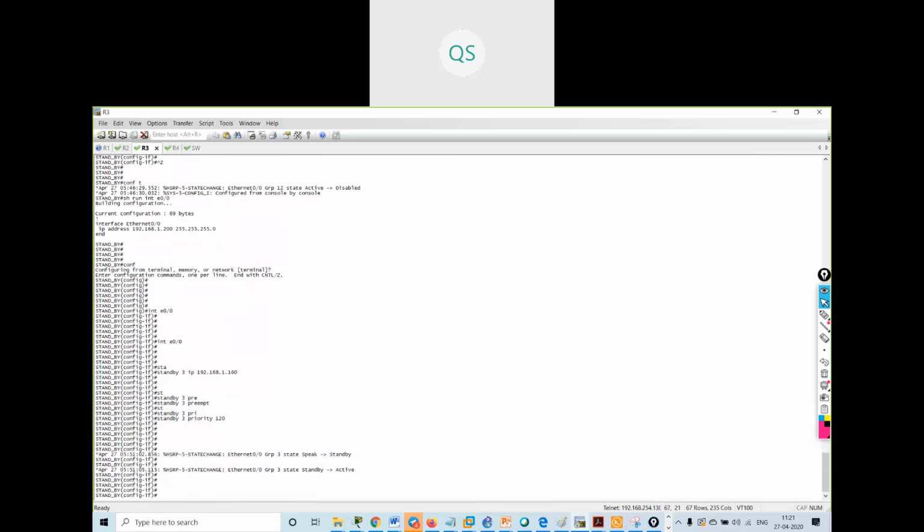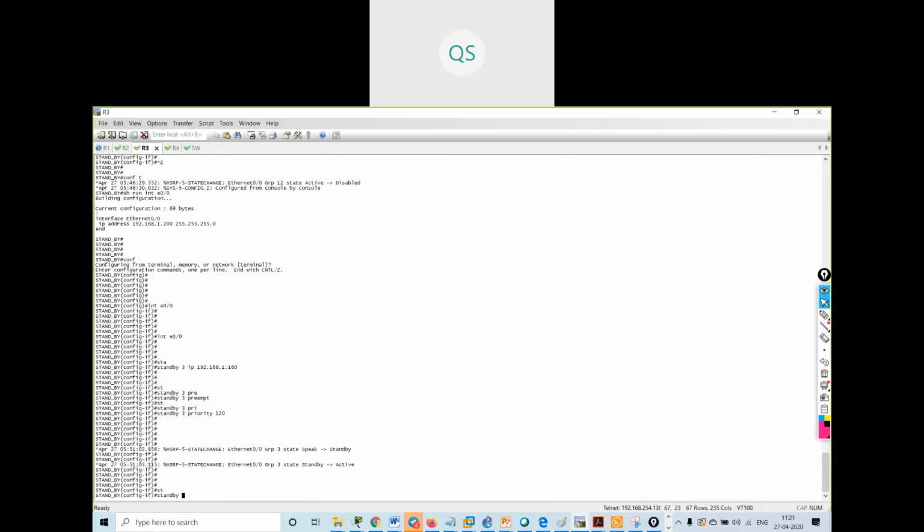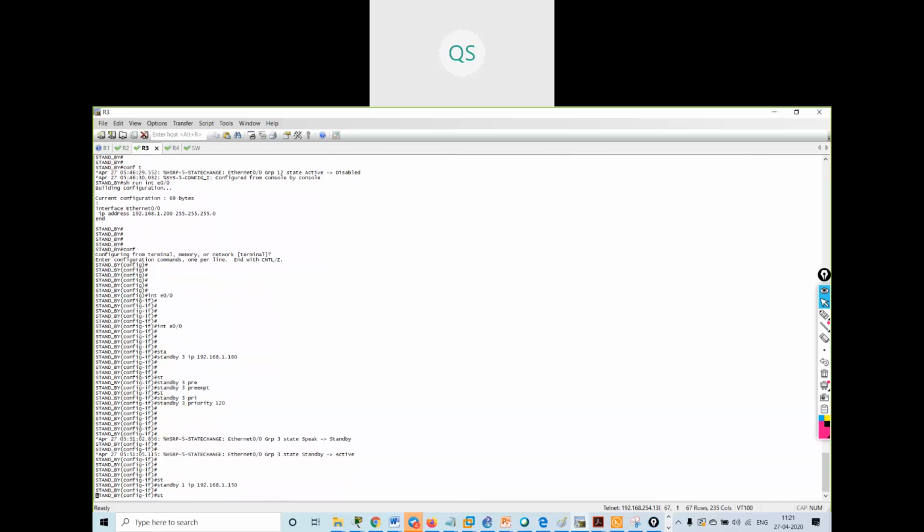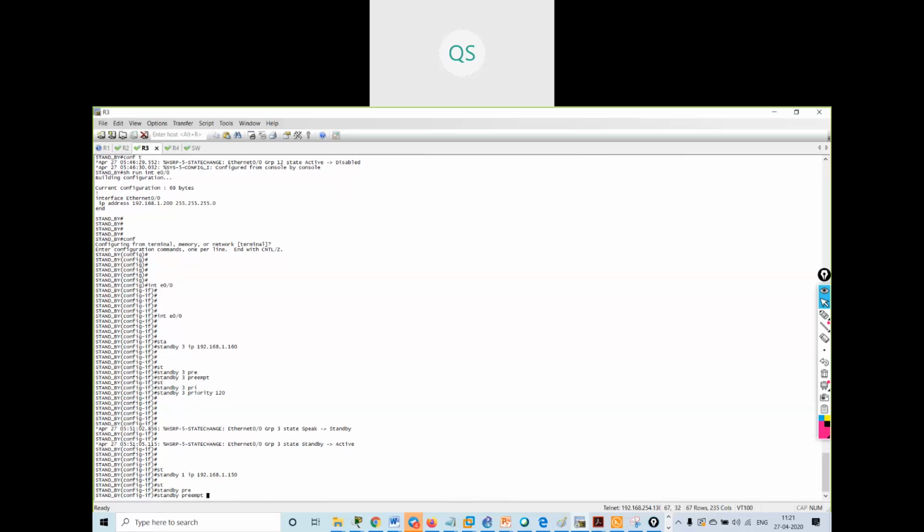Now the next command I can give: standby 1 IP 192.168.1.150, standby preempt. So what I'm doing over here is configuring the backup router for group 1.